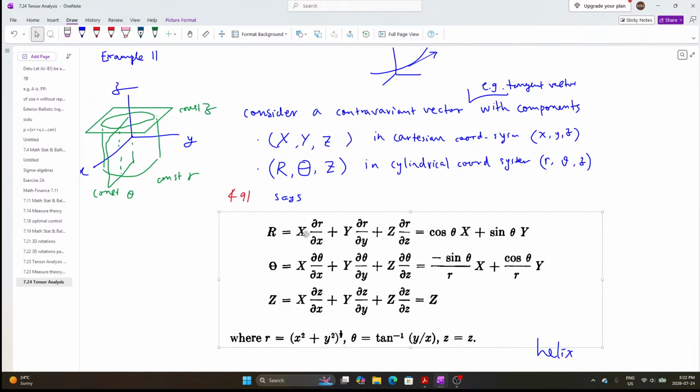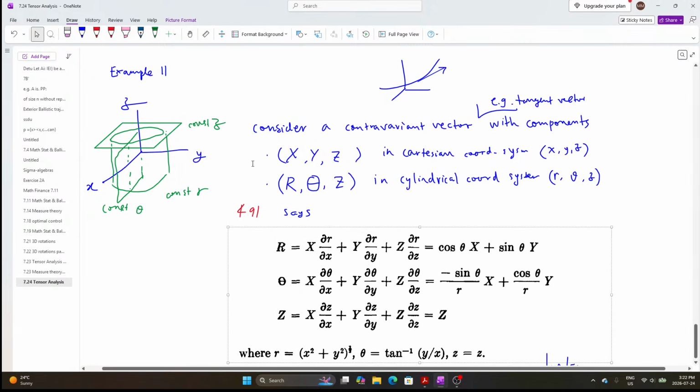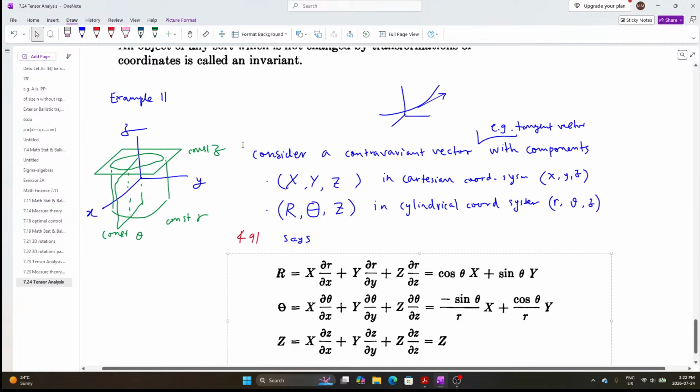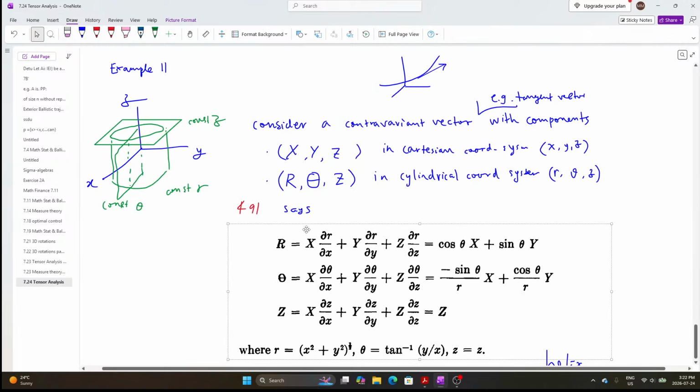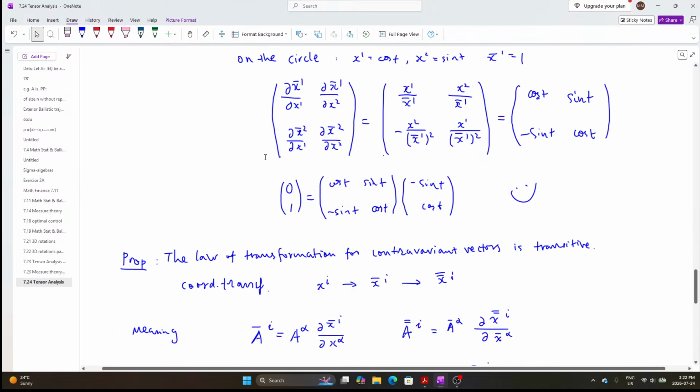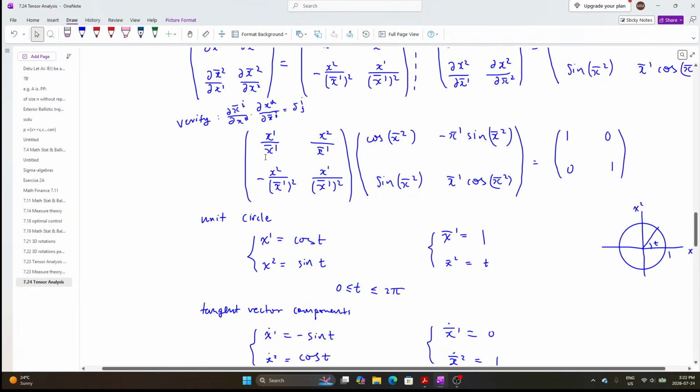Yeah, your brain hurts, I know, right? This is a confusing topic. Okay, so what we did here in our homemade example, this circle example,